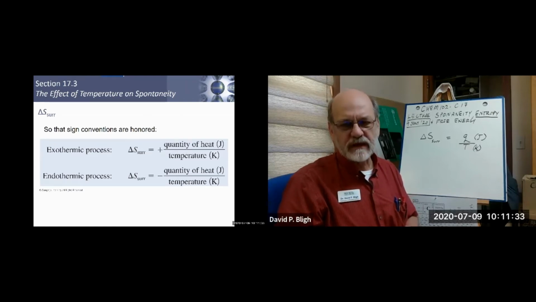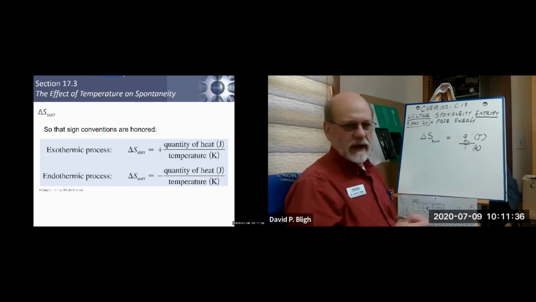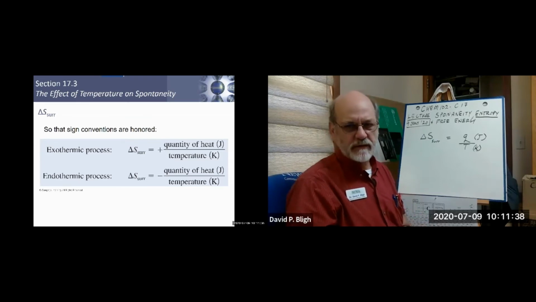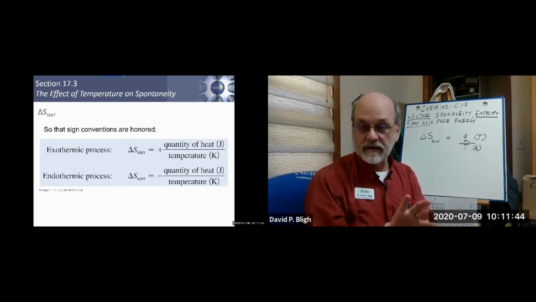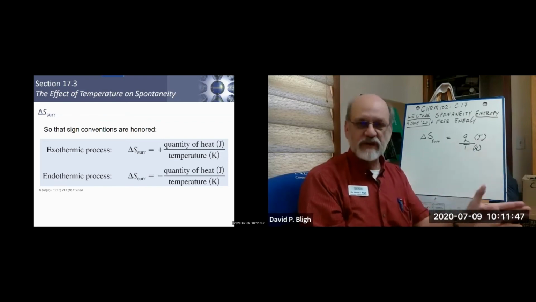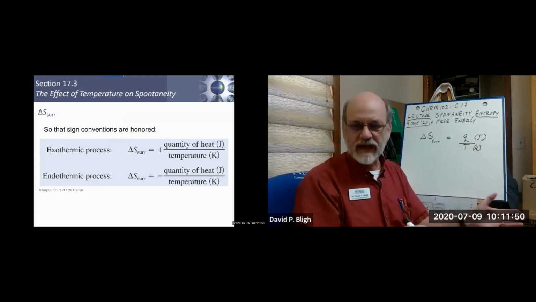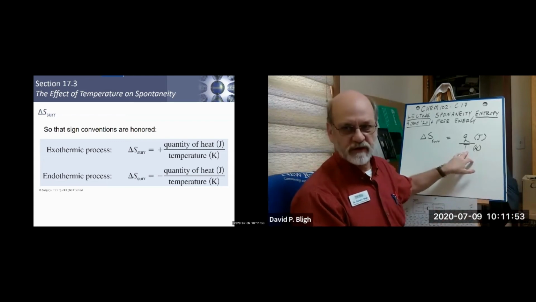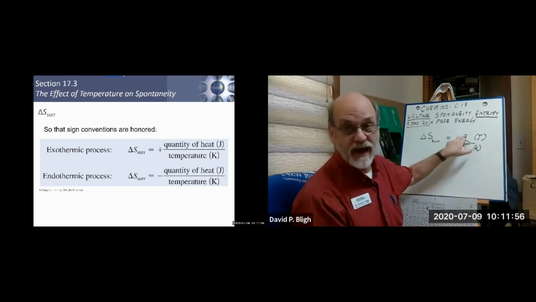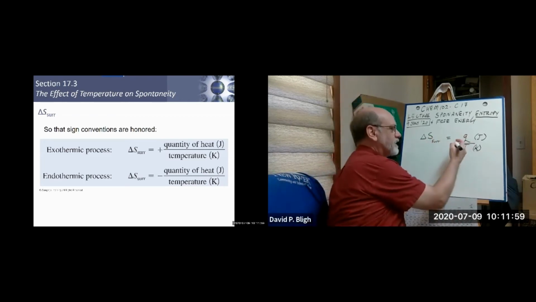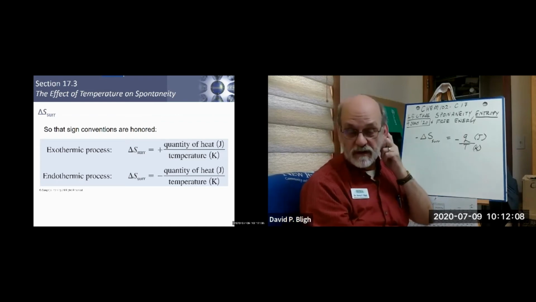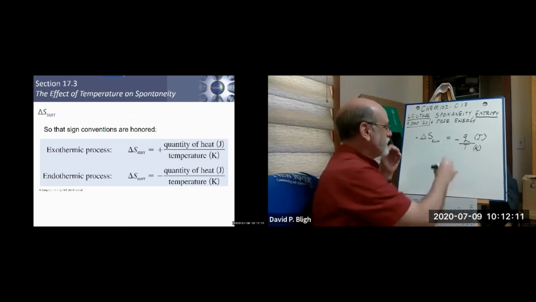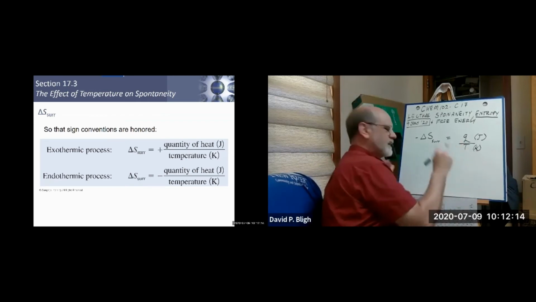So what would that mean for an exothermic process? Temperature in Kelvin is always a positive value, right? That's why we use Kelvin, because it goes from 0 to something, and it never goes negative. So this term is always positive. So we really only have to concern ourselves with the sign of that one. So if this is endothermic, then that makes this one negative. And if it's exothermic,